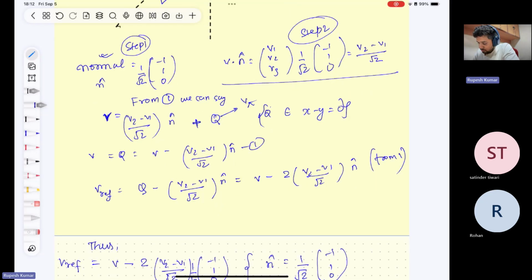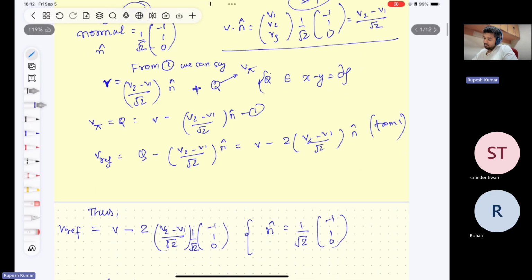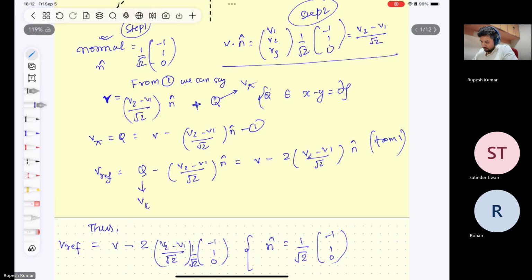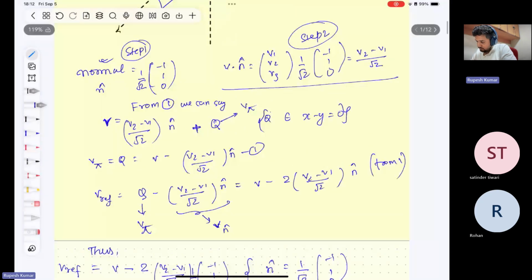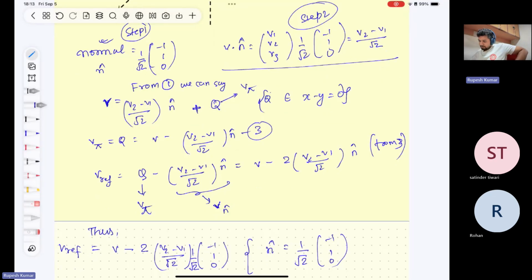So this is equal to v pi, v's projection on the plane pi. And then from here we can find v reflected, which is v pi minus this entire component, which is v n cap, right? Now just put in the values here. Let's call this equation 3. From equation 3, I can replace the value of q. So it becomes v minus